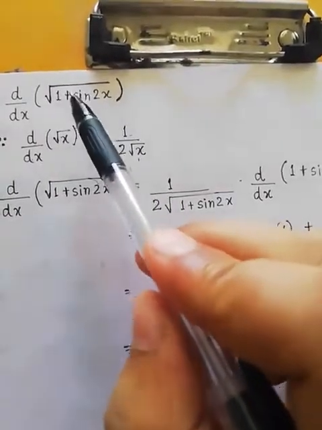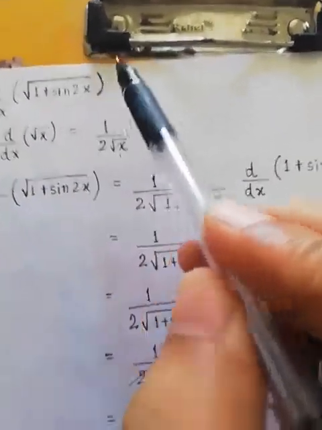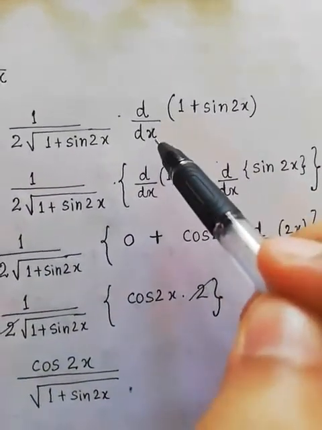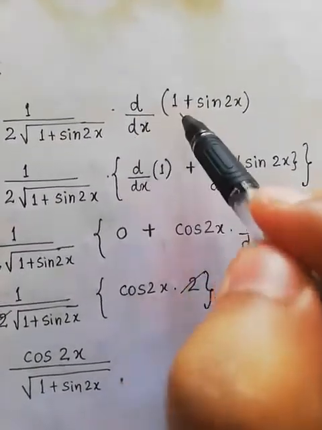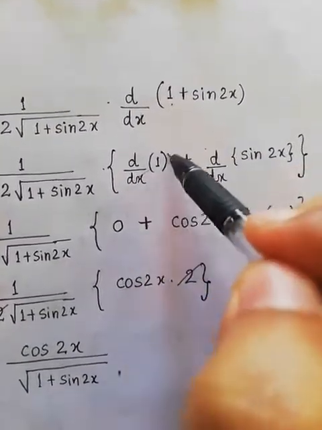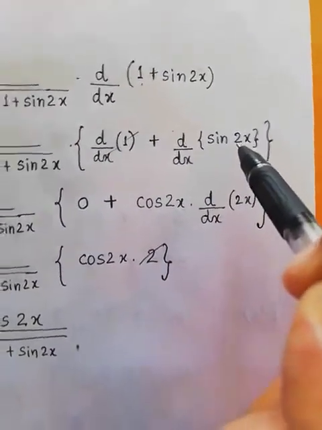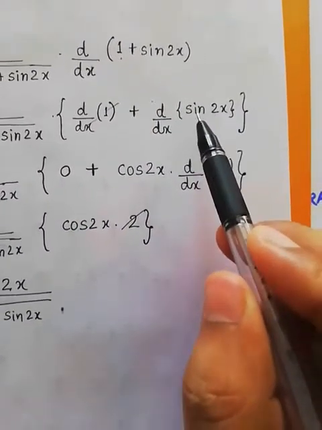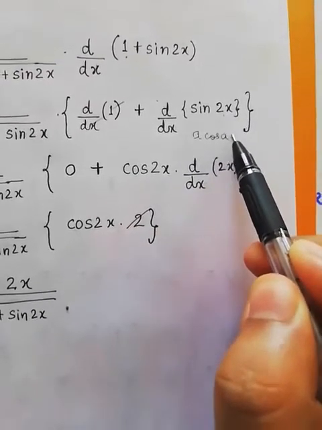Then since this was not a single function x, that means you have to differentiate this term again with respect to x. So I am again differentiating this term 1 + sin 2x with respect to x. And again I apply the linear identity. First do the differentiation of this term, which will of course give you 0 because 1 is a constant. Then apply the differentiation for this sin 2x. Now differentiation of sin 2x gives you what? Sin ax is what? a times cos ax.